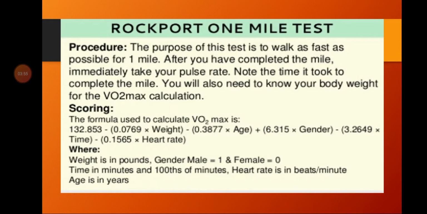The procedure. The purpose of this test is to walk as fast as possible for 1 mile. After you have completed the mile, immediately take your pulse rate. Note the time it took to complete the mile. You will also need to know your body weight for the VO2 max calculation. The scoring formula used to calculate VO2 max is